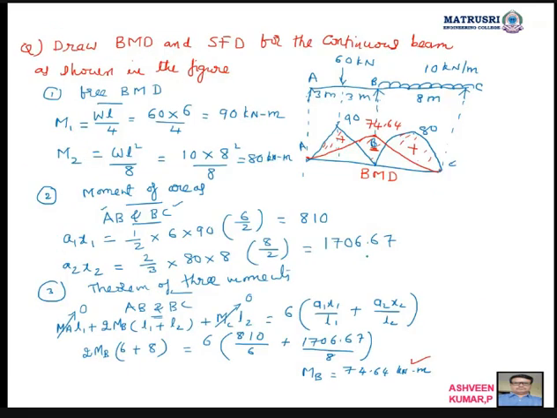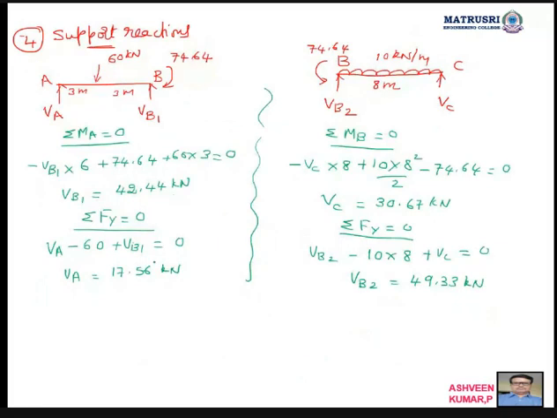Then I draw the shear force diagram. The bending moment diagram is over here, I have drawn it. Then I will draw the shear force diagram here. So if I am drawing the shear force diagram, please concentrate all of you. If I am taking a baseline here, I got all positive values. So VA positive, VB1 negative, VB2 positive, VC negative, I'll take it.